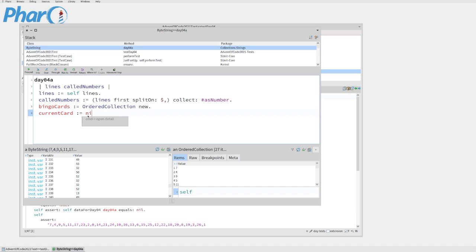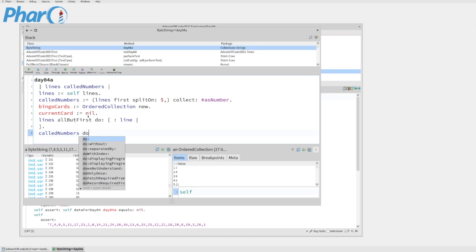and we'll have a current card which will initialize to nil, and then lines all but first do. So we'll take each line in turn. We'll build up our bingo cards, which we'll figure out in a minute. And then once we've done that, then we'll go through all our called numbers. So called numbers do